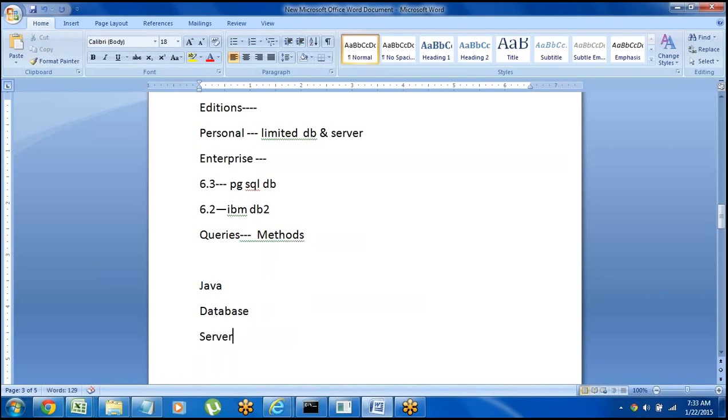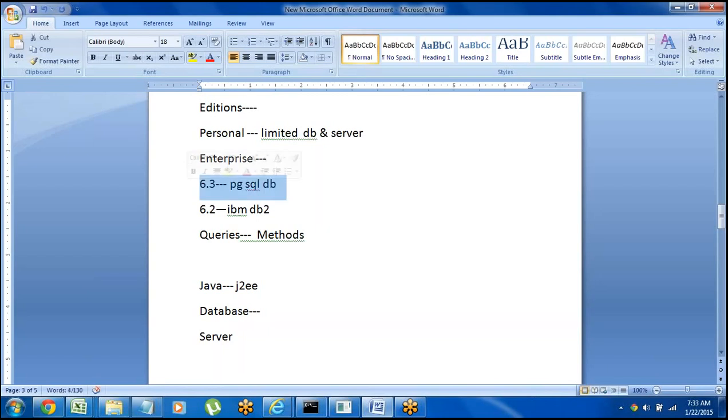So these three come as a package. Coming to Java, why Java? Because Pega is designed using the J2EE environment. Automatically in the backend, Java will be installed, and the database in Personal Edition.